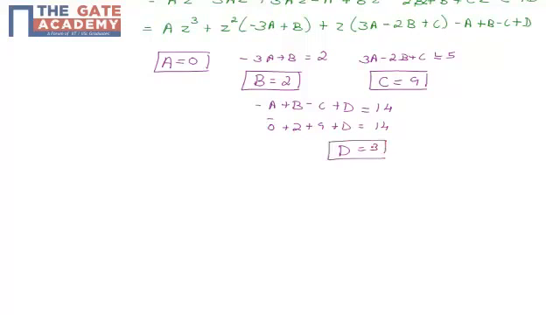Fine. So what we have, the value of the equation U(z) is equal to 2 divided by (z - 1)² plus, what we get is, 9 divided by (z - 1)³ plus 3 divided by (z - 1)⁴.